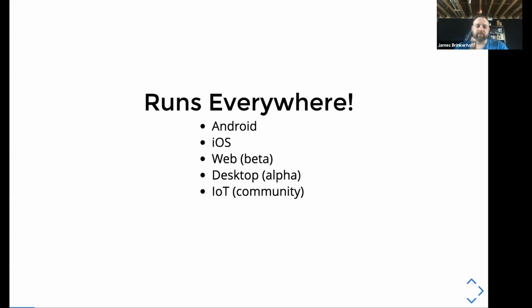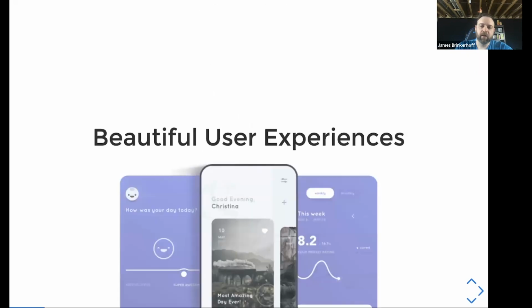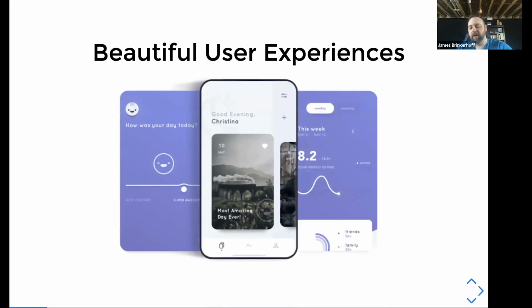So it runs everywhere. Pretty much right now, there's probably a flavor of Flutter somewhere. In fact, I built a little bit of an Internet of Things app for Raspberry Pi. You can find some repos that actually have starter code for that too. And it runs pretty well on Raspberry Pi at about 60 frames per second. It is amazing just how fast it is and how beautiful. That's the thing that actually caught me with Flutter, how easy it was to make a very beautiful app,